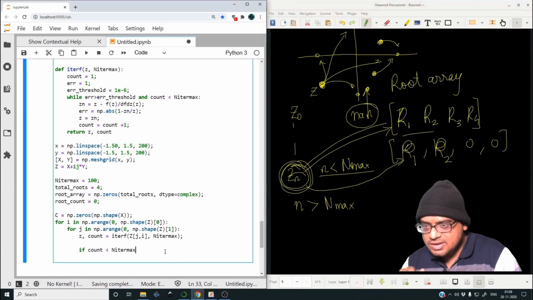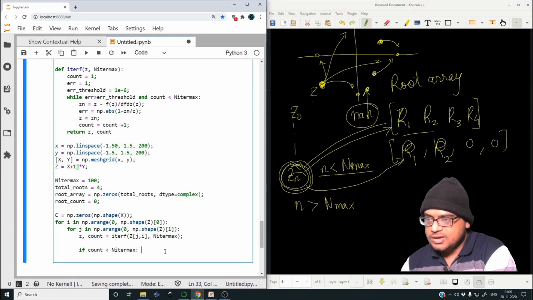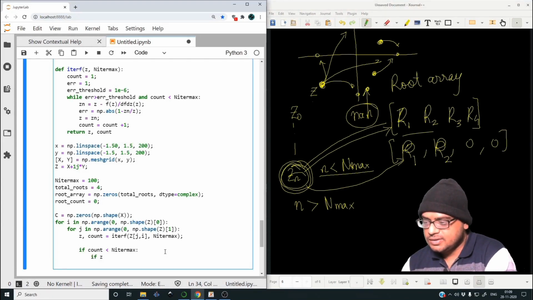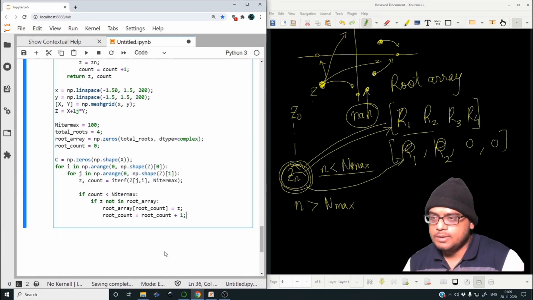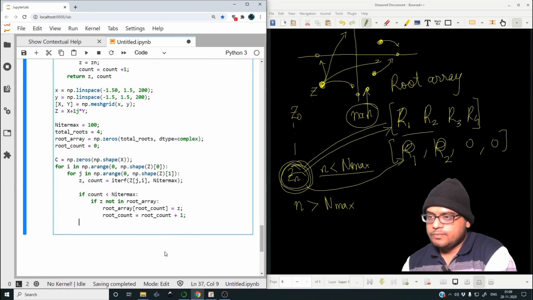So if count is less than n iter max, what will we do? If z is not in root array, so if the converged value is not inside the root array, then what do? You insert it into the root array. So root array at root count will be equal to z, then root count is equal to root count plus 1. Okay, this is what you do. Now if